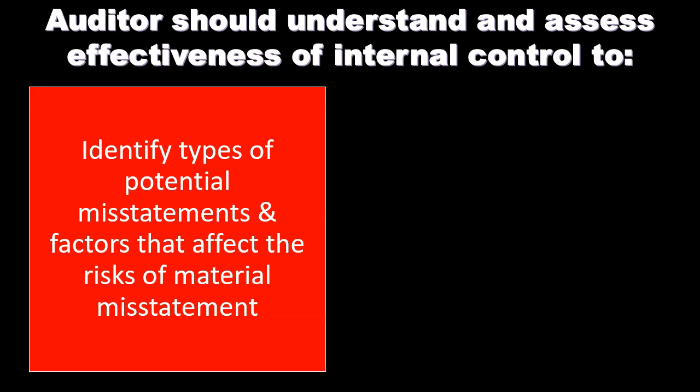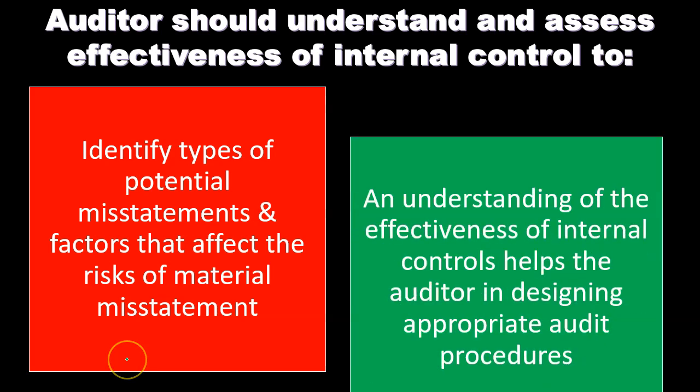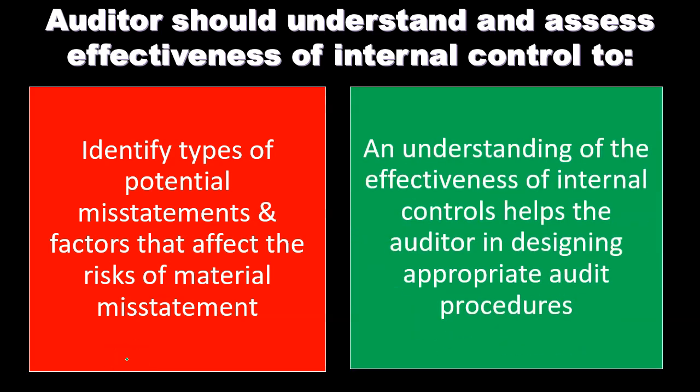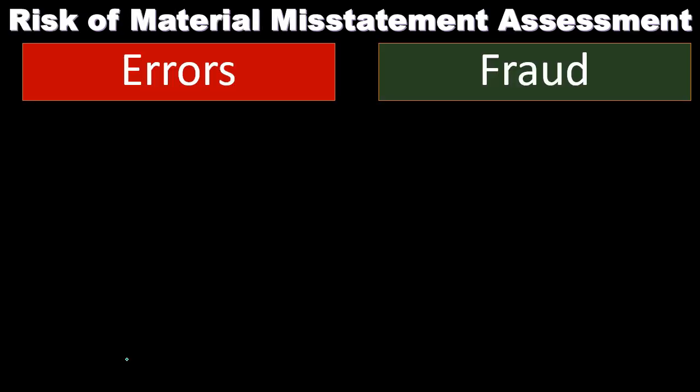As we look through the internal controls, we're going to identify those areas where the internal controls are weak, or possibly where there's some combination of an inherently risky thing as well as weak internal controls. That's where we're going to spend more of our time, doing more substantive testing. An understanding of the effectiveness of internal controls helps the auditor in designing appropriate audit procedures. And that, of course, is the goal. Note that we're in planning, then testing the internal controls. Once we test the internal controls, that will help us plan for the actual substantive testing that we will do after that point in time.